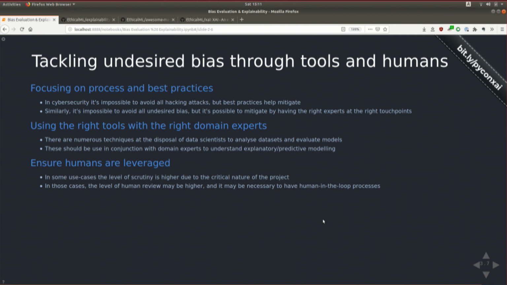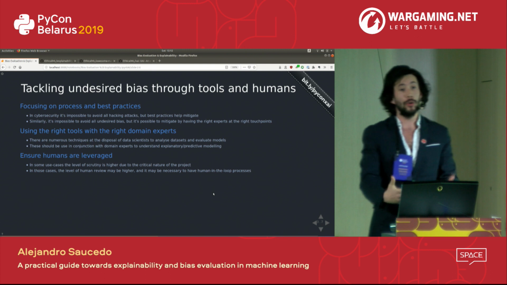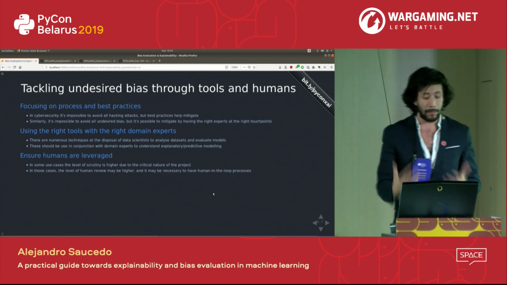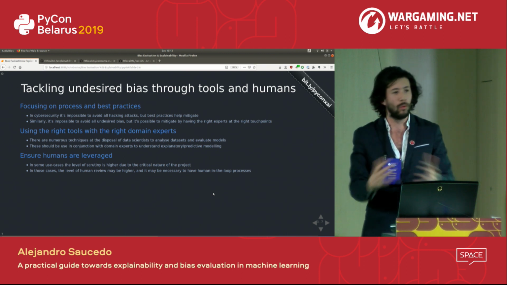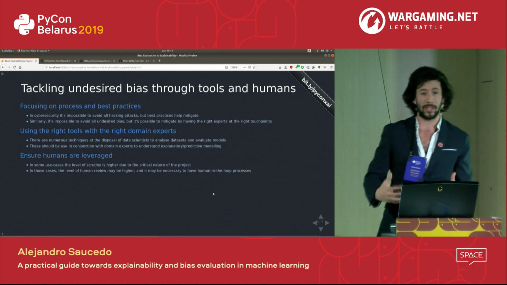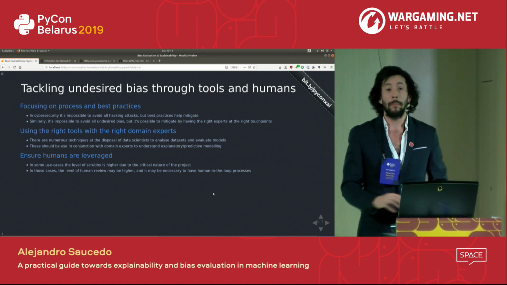And the way that we break it down is focusing on processes and best practices. Like in cybersecurity, it's impossible to avoid all hacking attacks, right? It's impossible. But by introducing best practices, you can mitigate at least a few by making sure that your infrastructure and your processes are in place. Similarly, it's impossible to just remove undesired bias completely, but it's possible to introduce a process that introduces accountability and mitigates basic